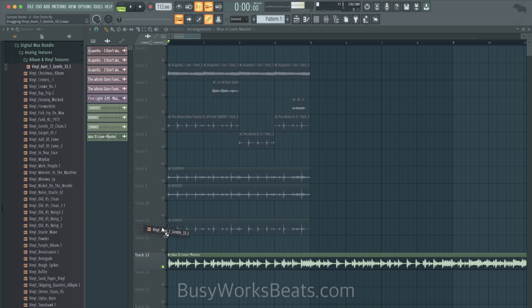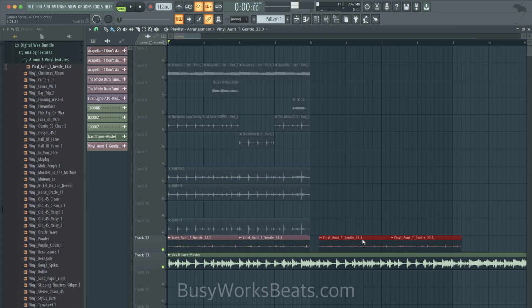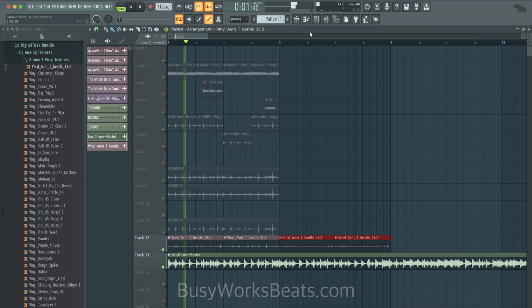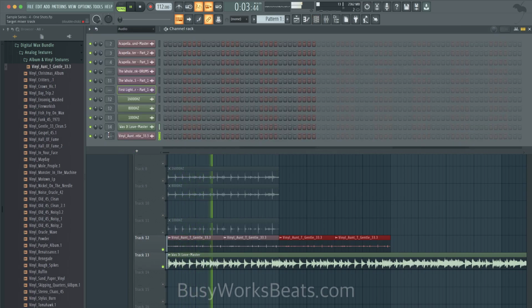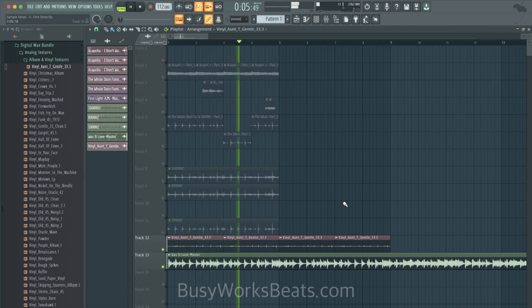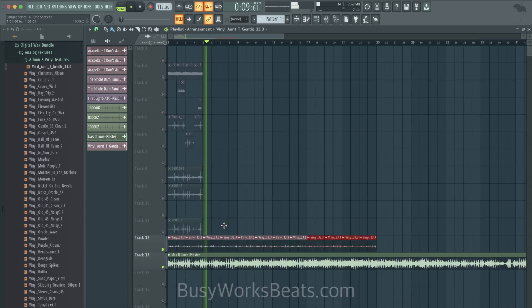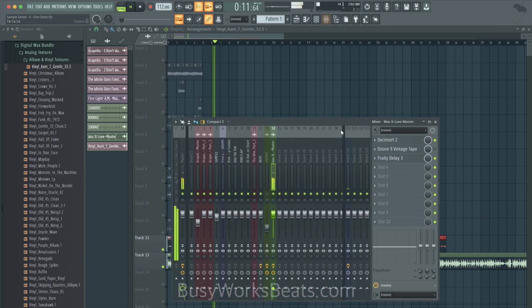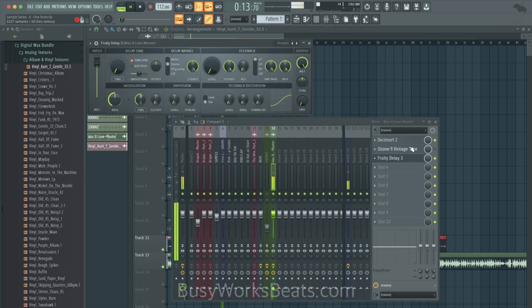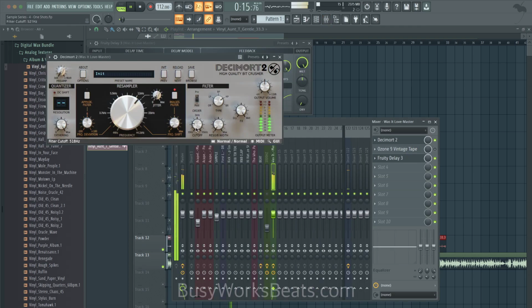Just grab some vinyl, drag it in, unmute it. What I like to do is chop the vinyl at an even bar, so it's easy to copy and paste it, because I don't like to get too crazy. Okay, so just add vinyl. Now I'm just going to adjust the high pass filter.